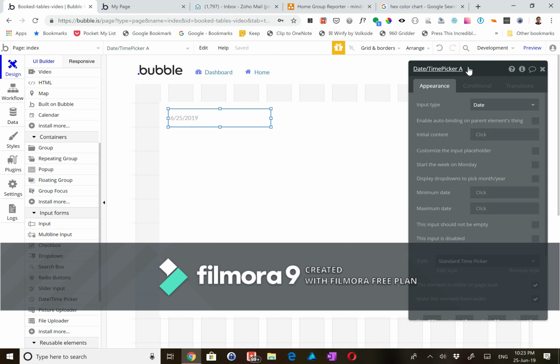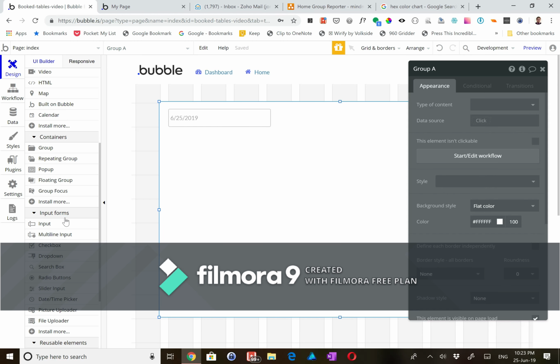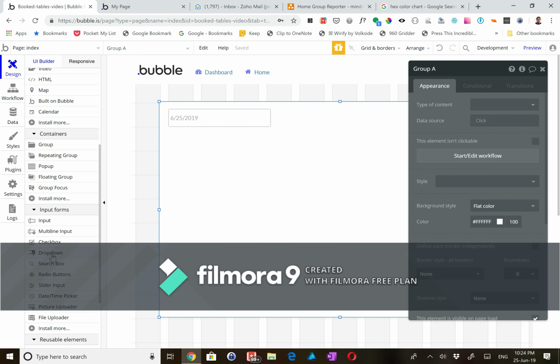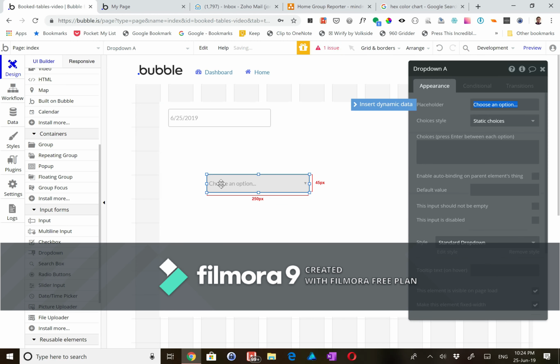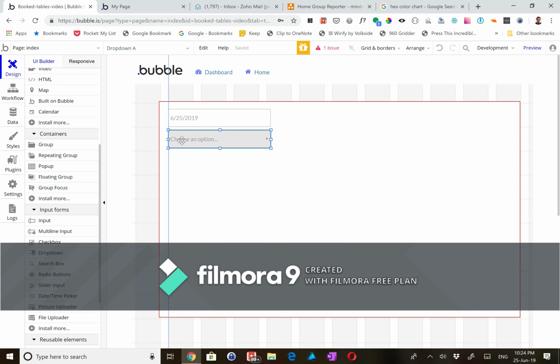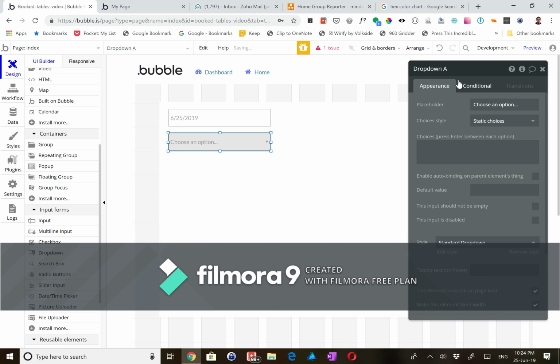And call that date picker reservation. After the date is chosen, they will have a drop down. And in this drop down, we'll call this drop down